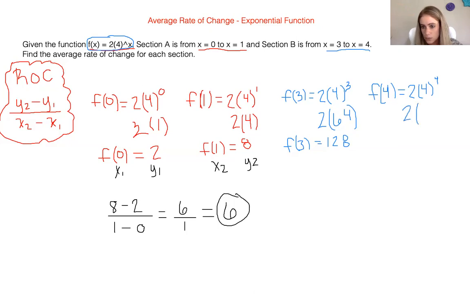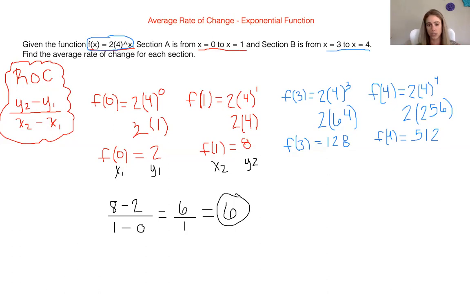So we have 2 times 256, which is 512. So f of 4 is equal to 512. Now that we have both our x and our y values, we can use our rate of change formula